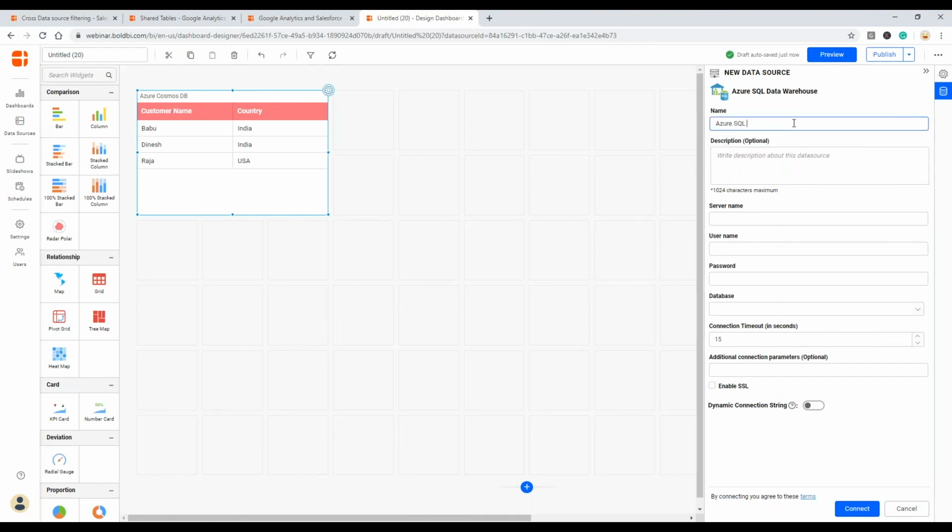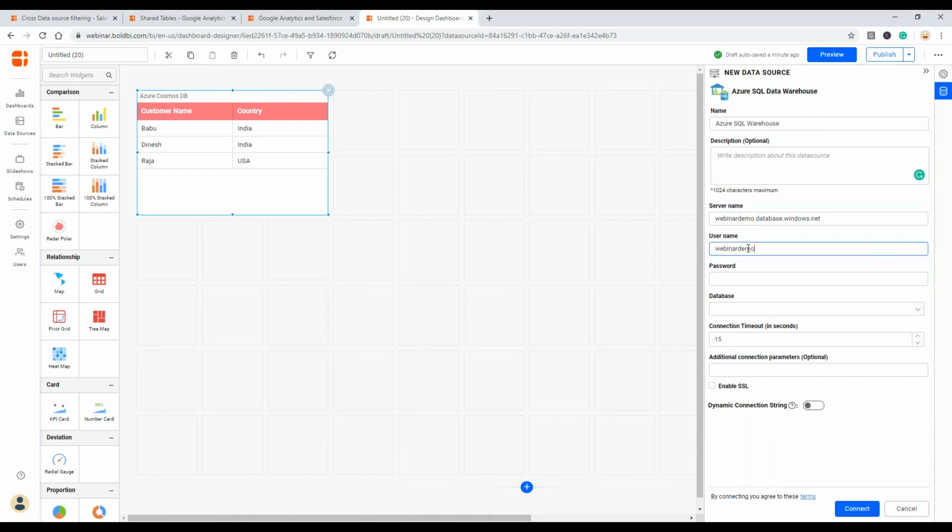Again, let me name it Azure SQL Warehouse. So this is nothing but the Azure Synapse Analytics, as I told earlier. My server name is this, and my